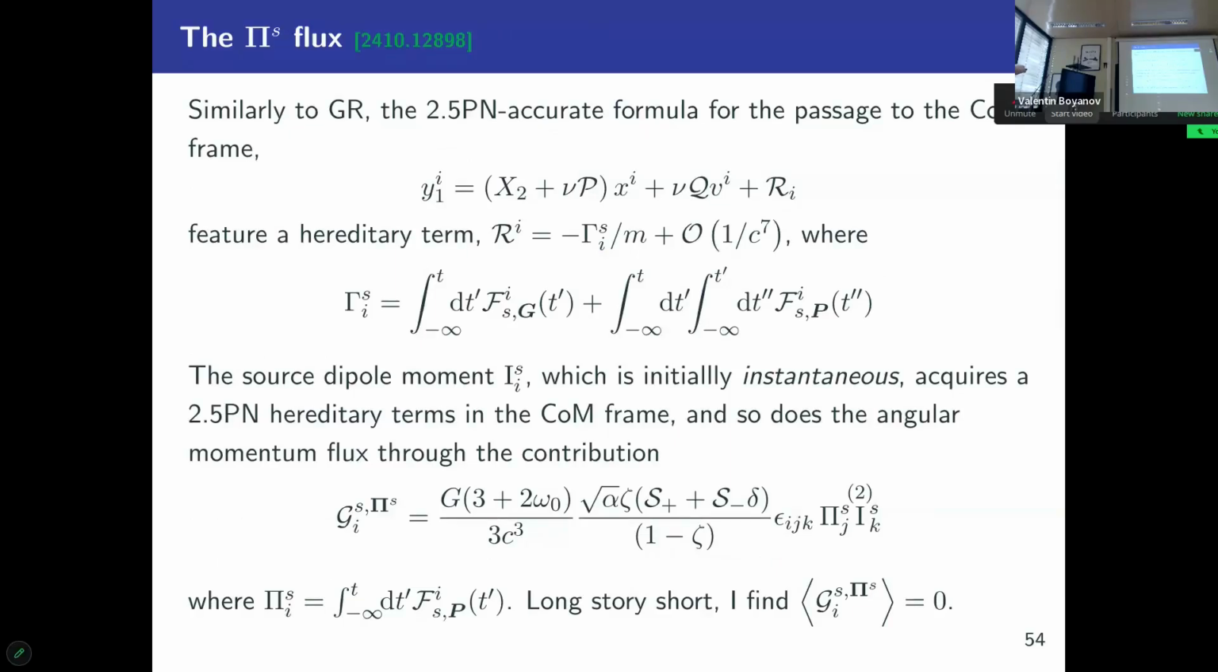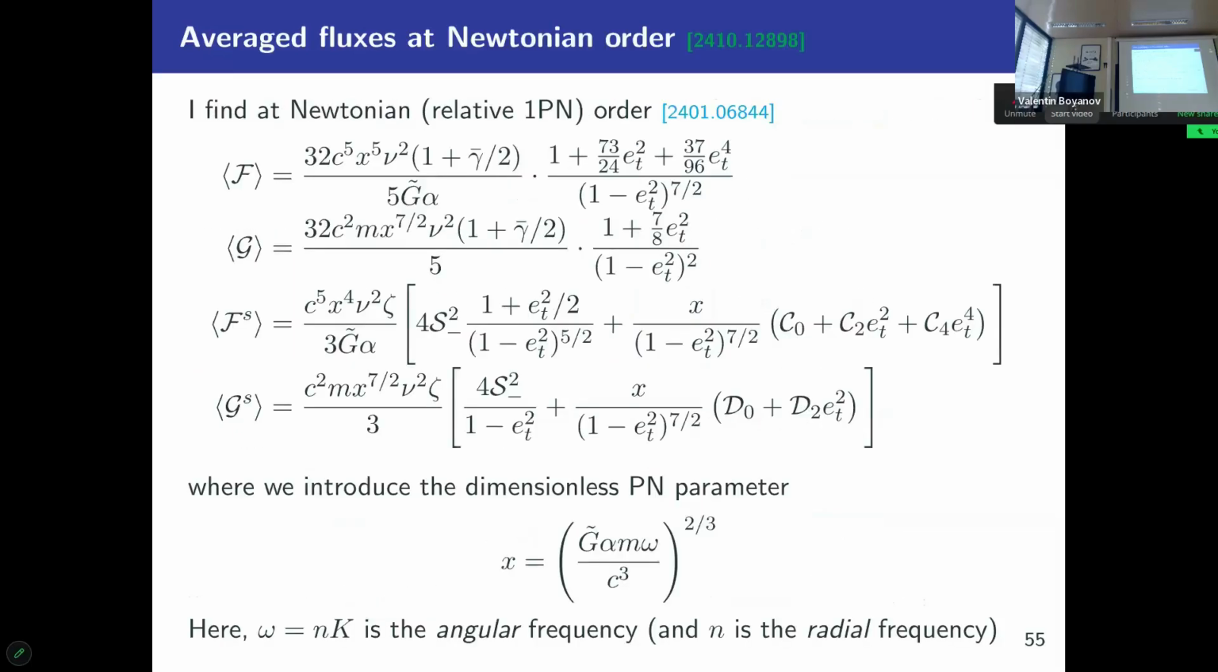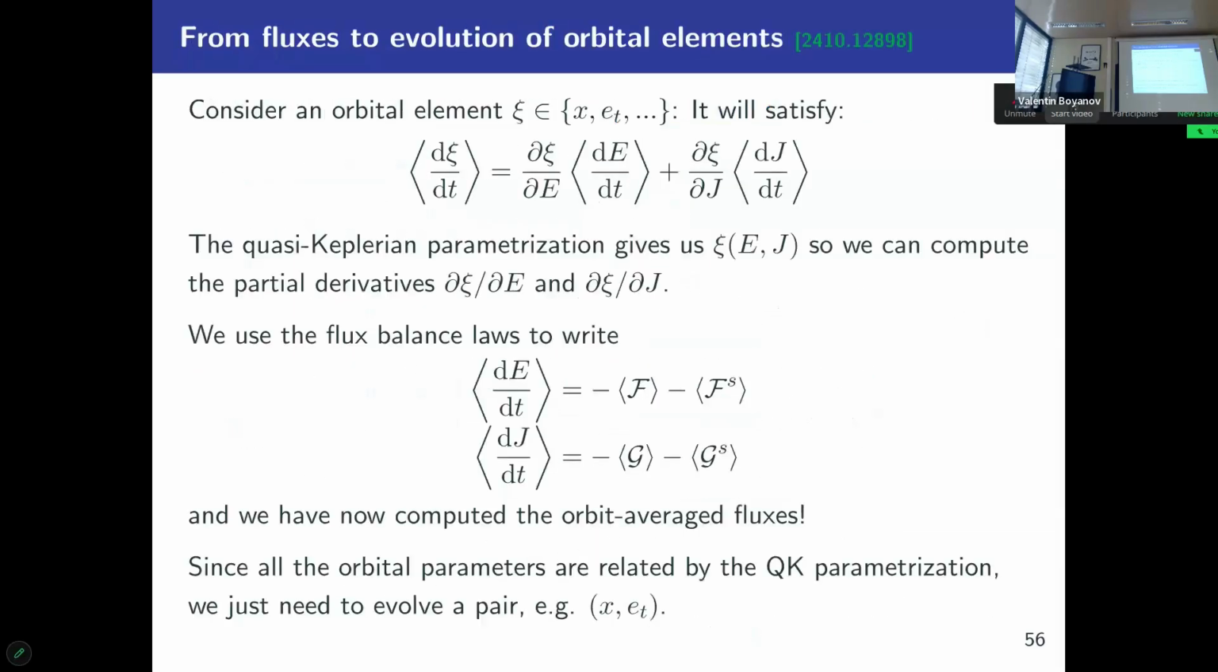Finally, very quickly, you remember this was what we had in GR. We have the same thing in scalar-tensor theory. To go to the center of mass frame, you have a non-local term. And this non-local term will enter the source dipole moment and give a non-local term to your instantaneous action, basically, in the center of mass frame. But using the same Fourier techniques I've discussed, you can show that this averages to 0. So you can ignore it in the end, at least at the orbit average level. This is not what I want to show. And finally,